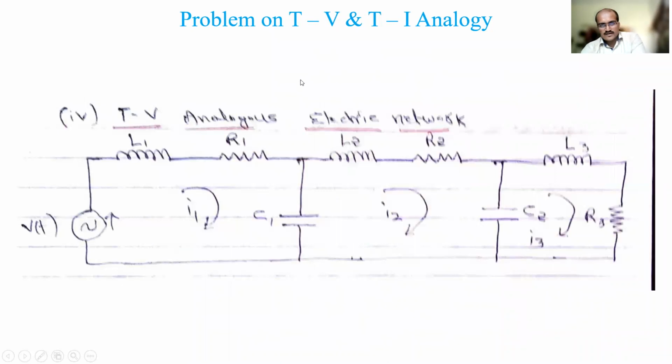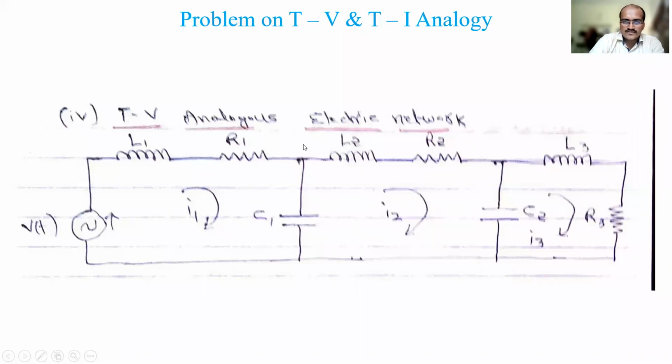So that is what I have explained, and it is written over here. It is a unique problem, as I told you, where two self elements are there in each mesh. V of t is connected to mesh 1. L1 and R1 are the elements of mesh 1, and C1 is common between 1 and 2. Then in mesh 2, you have the two elements L2 and R2, and C2 is common between 2 and 3, while C1 is already written, common between 1 and 2. Then at mesh 3, you complete it by drawing the two elements L3 and R3. It is unique so that it is easy to understand. Then show the loop currents I1, I2 and I3. So this is your TV analogous electrical network.